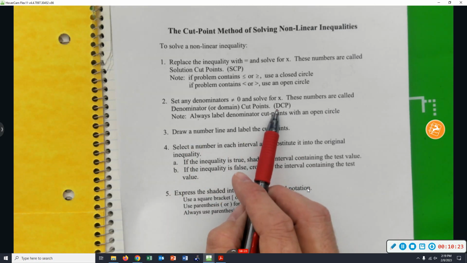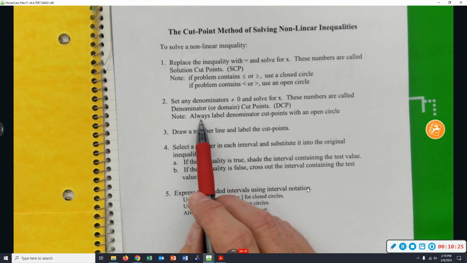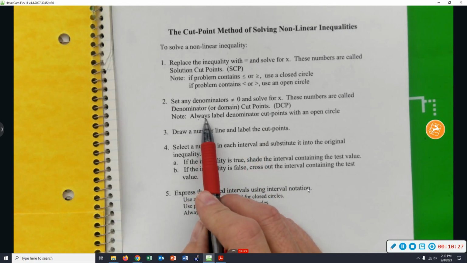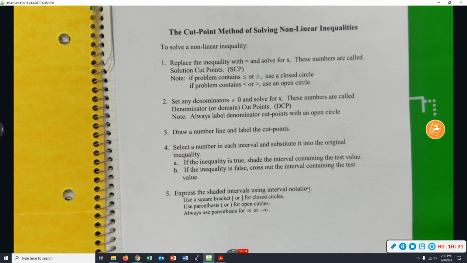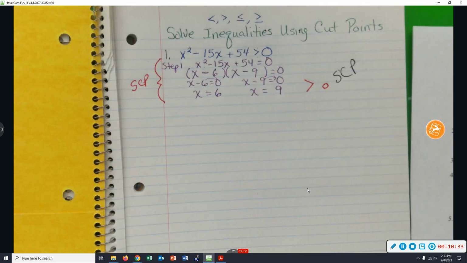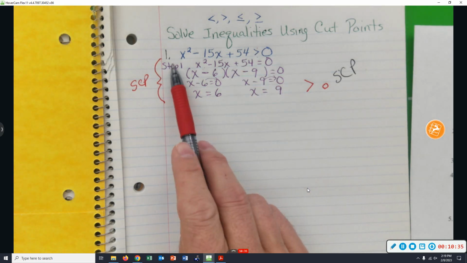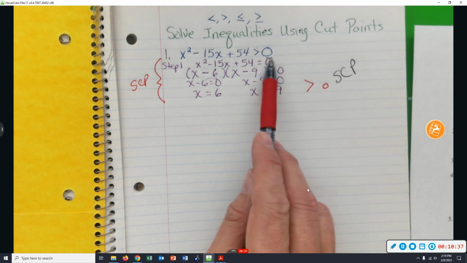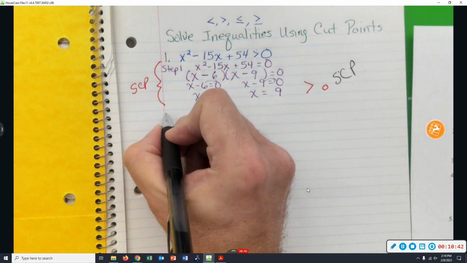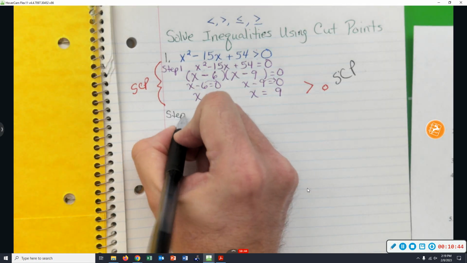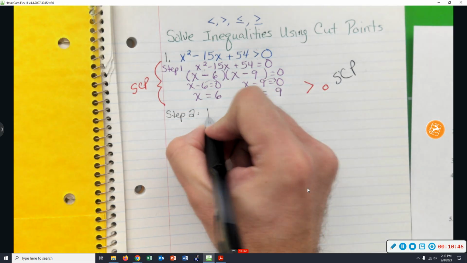We'll abbreviate them DCP. Always label denominator cut points with an open circle. Well, there's no fractions in this problem. If you don't see any fractions in the original problem, then you'll skip step 2. I'm just going to say for step 2, no